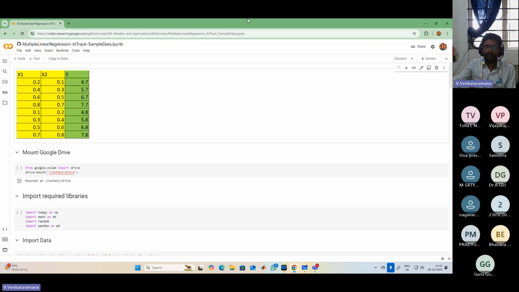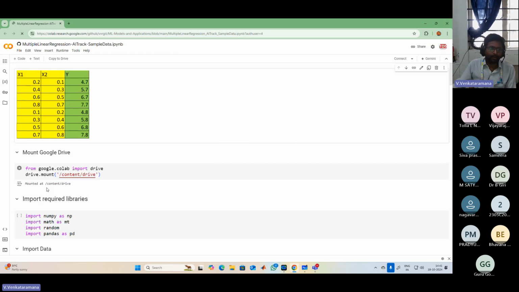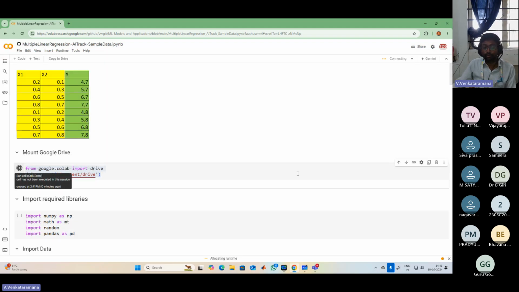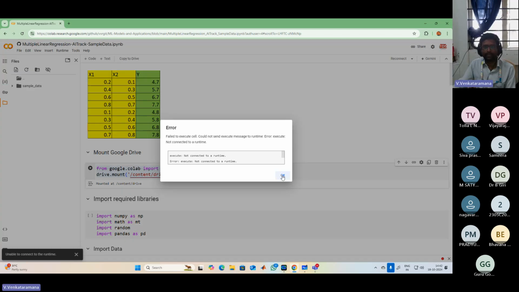Okay. Now, as usual, because this complete data is stored in my Google Drive, we need to mount my Google Drive into the current Google Colab environment. To mount your Google Drive, you can use these two lines of code, just to connect your Google Drive. If you observe here, nothing is available yet. Once you run this cell, then you will find the Google Drive here. Once it is mounted,